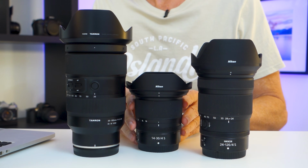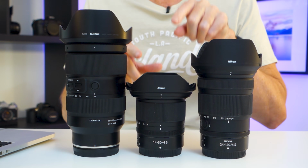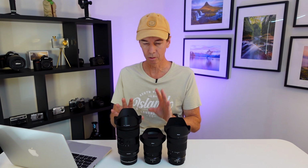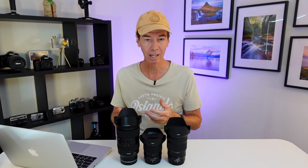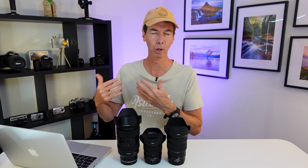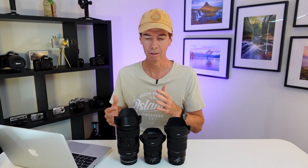What if you teamed this Tamron lens with this Nikon 14-30mm f4S lens? What a dynamite little combo this would be for traveling. Things like landscape, you'd be covered with that 14-30 f4S lens. But then for things like your nice bokeh of flowers or people or your low light situations, you've got the